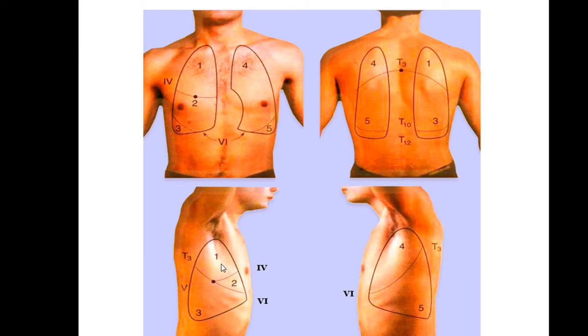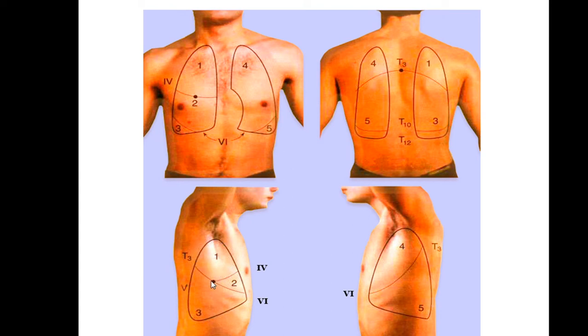To detect the real localization, you should find T3 and a line which connects T3 with the anterior sixth rib. This line divides the lung into two main lobes, upper and